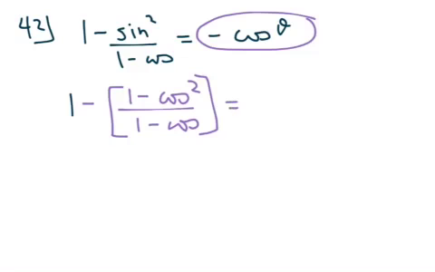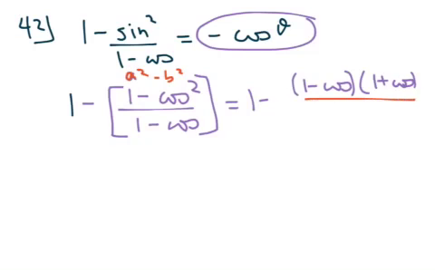Now, again, this equals 1 minus cosine times 1 plus cosine. Again, this is your a squared, let me put it in red, a squared minus b squared, all over 1